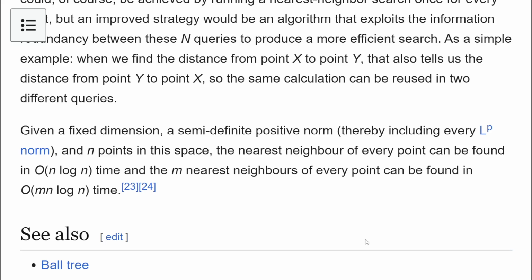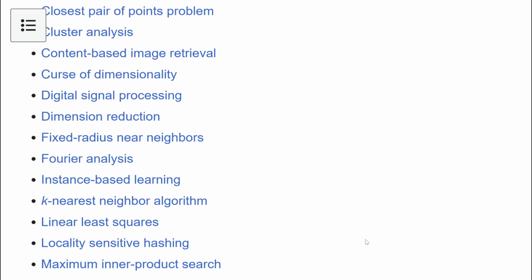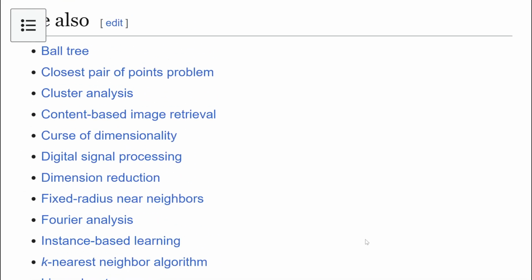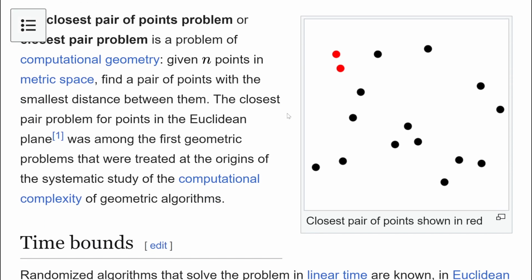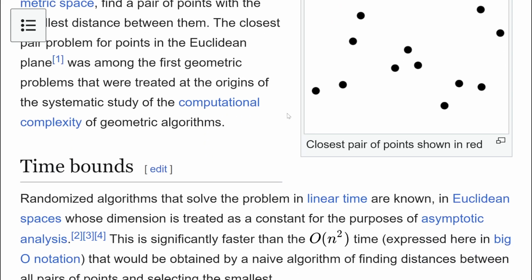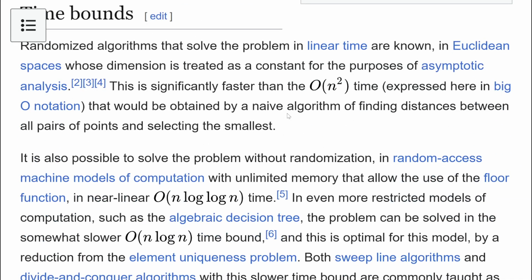Thanks, very helpful. I don't know if I have a semi-definite positive norm. You just said, oh yeah, you can find it. Don't tell me how. Fair enough. Closest pair of points problem? Maybe that's what I'm looking at. In linear time,